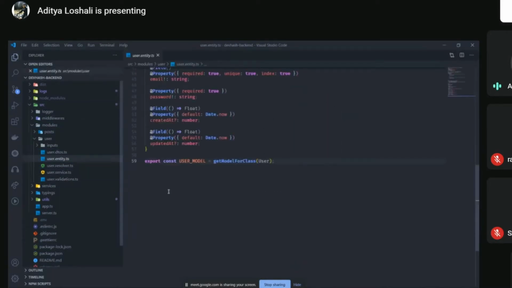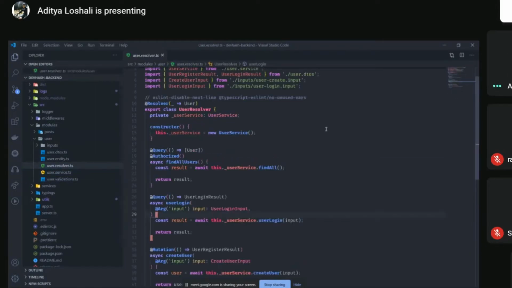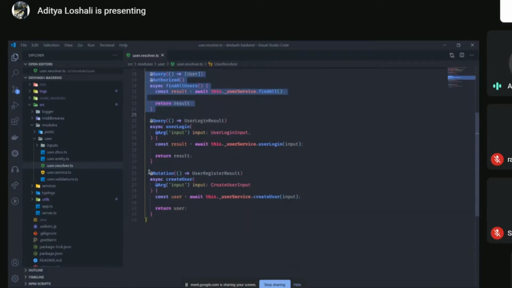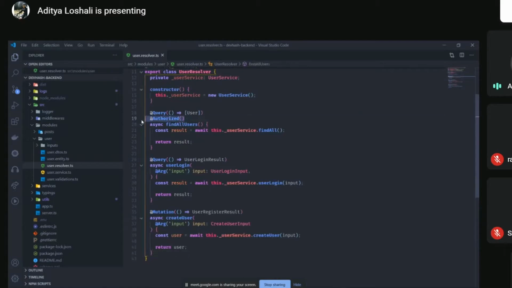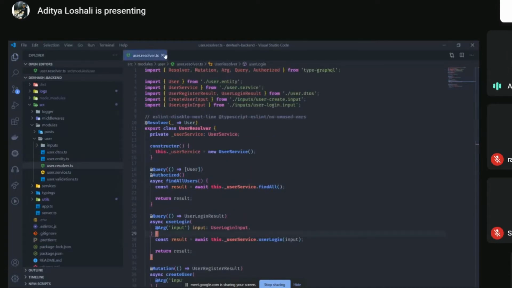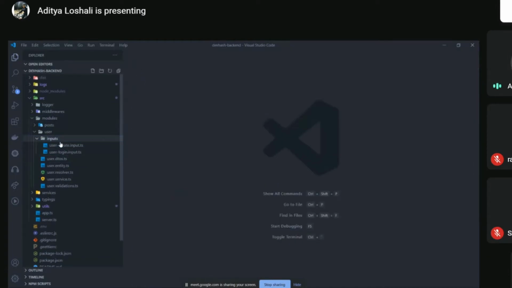Then we went through entity, service, and validations. Then we have a resolver file. This is where we define the GraphQL queries and the mutations. So we mention the return type, we mention the input type, then we just delegate that to the service. Nothing else is handled here. Only the authorization, the return type, and the input type. Apart from that, we have this inputs file.